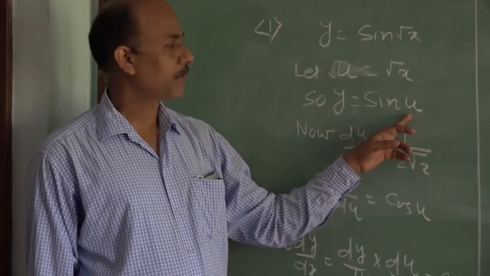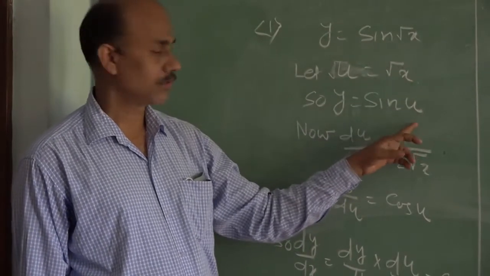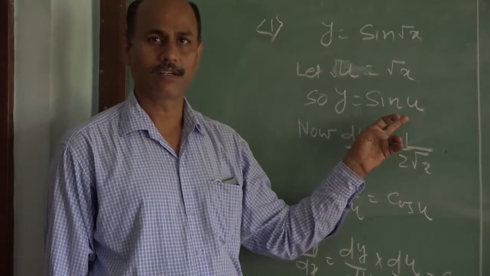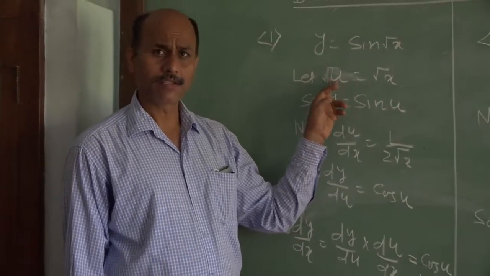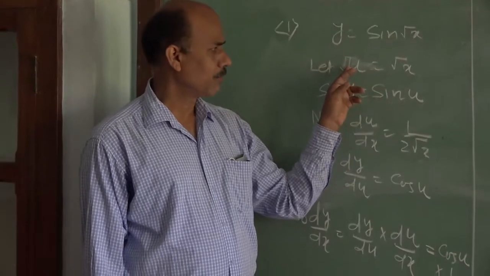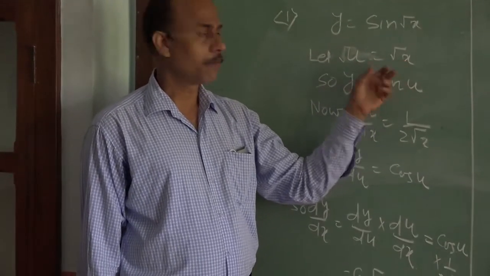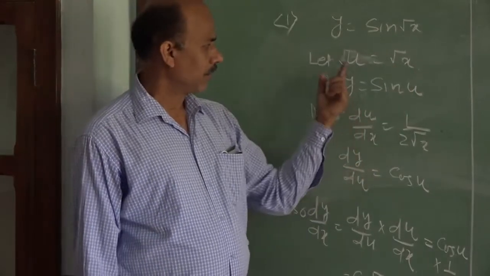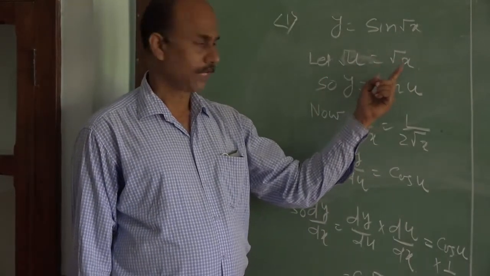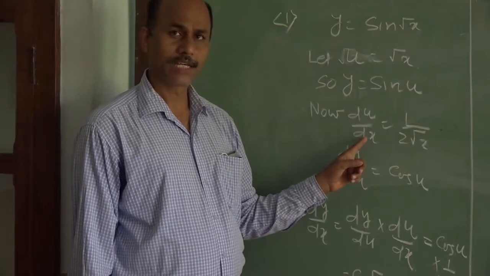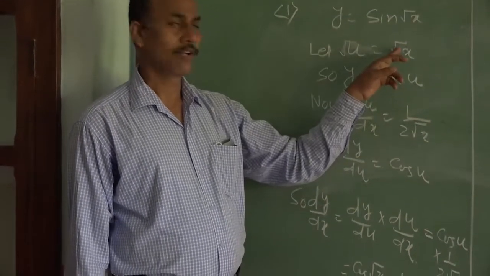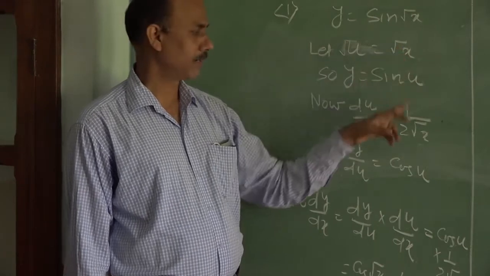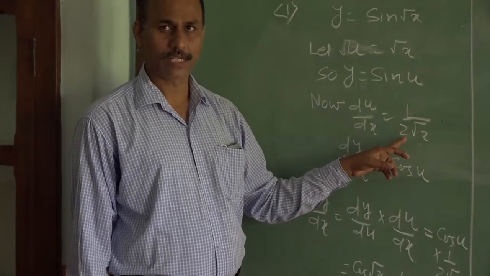Once you think you have completed your supposition, then you should start finding the differentiation of all these parts one by one. Like the first part is u is equal to root x. So it means your u depends on the value of x. So go for the differentiation of this u with respect to x. So you have to differentiate u with respect to x. So this can be written as du by dx, and du by dx will be equal to root x differentiation, as already you know in class 11 it should be written as 1 upon twice root x.